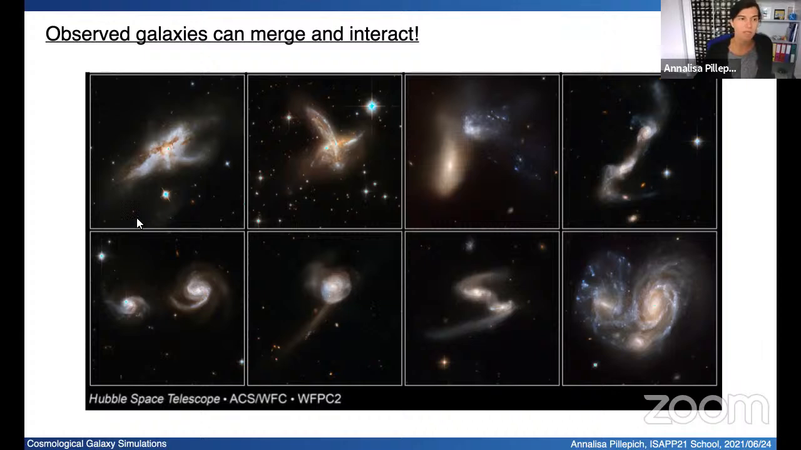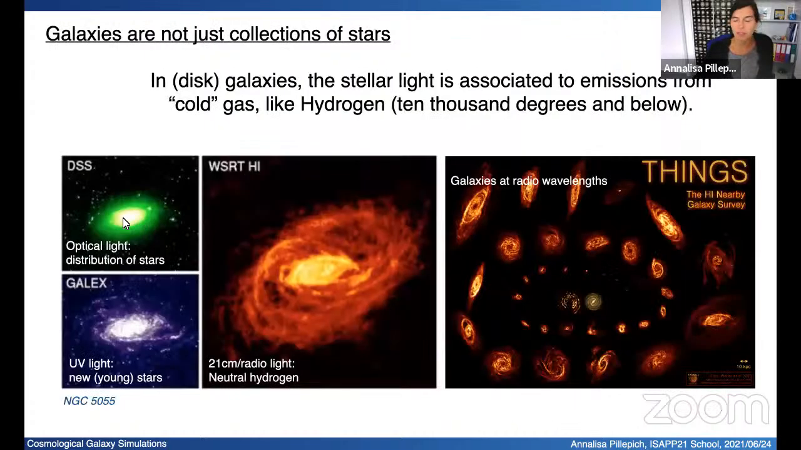And also galaxies are not just made of stars. In these galaxies, for example, the stellar light is associated with emission from cold gas, like hydrogen. So for example, on the left here is the same galaxy. If we see it in optical light, that gives you the distribution of the stars, in UV light, that gives you the distribution of